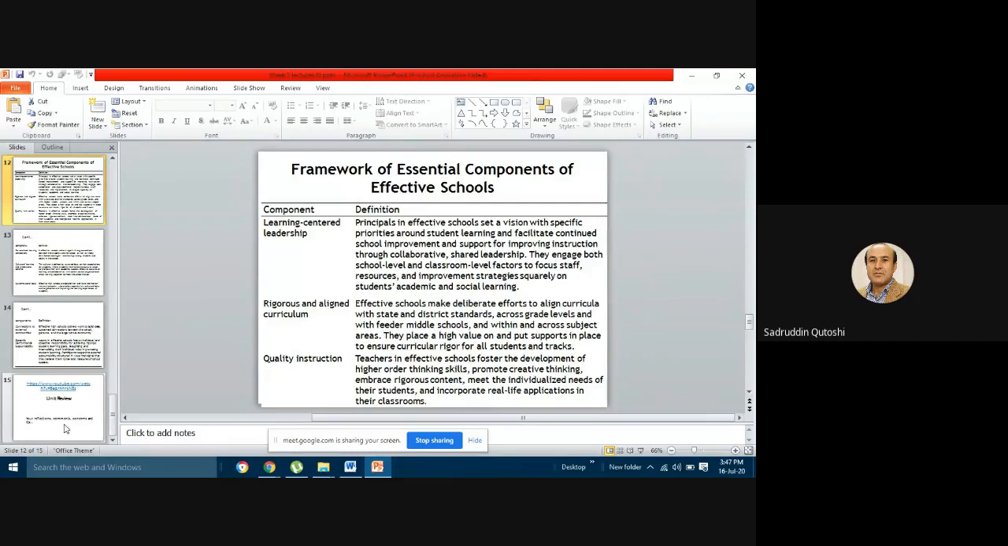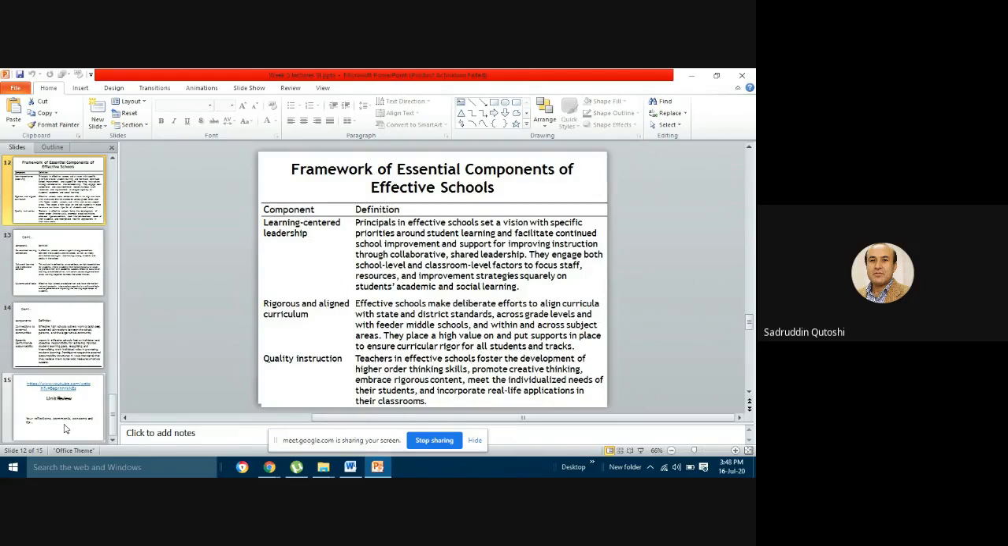Rather, learning center leadership is the leadership at the top level at the school as a principal, the leadership at the classroom level as a teacher. So you need to be very much conscious about what kind of resources you need in your school to ensure this learning center guidelines, learning center leaders at classroom level, at school level should be there,